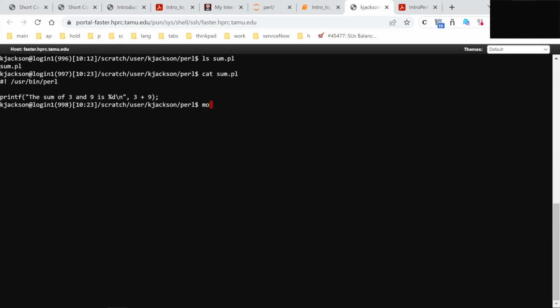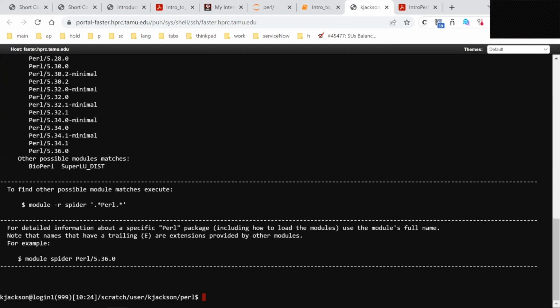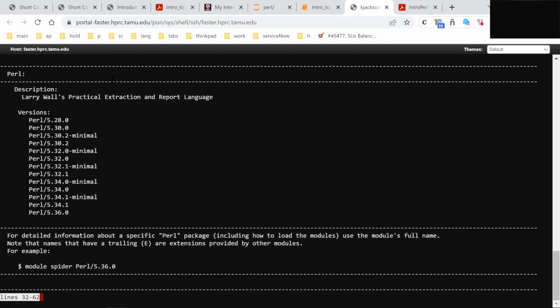If I say module spider Perl, the LMOD command spider basically scans through the list of installed software, looking for things that match this. So we have a number of Perl versions, and if you want to load one of those, you can use the module system for that. Then if I do a lowercase perl, I'm going to get quite a lot more. There's BioPerl,